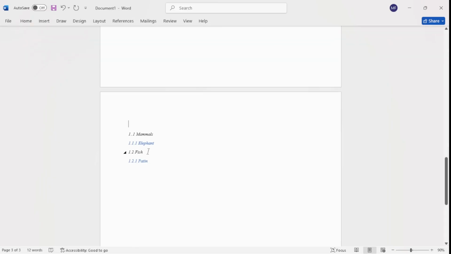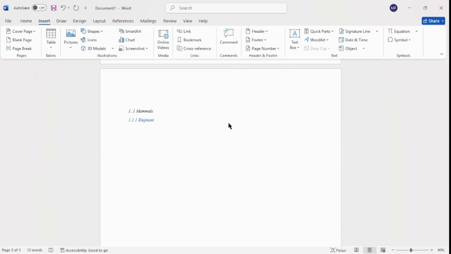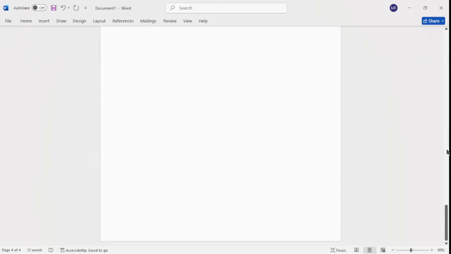When you also want to separate the pages of mammals and fish, you go to Insert and click page break again. Now we have three pages, which are types of animals, mammals, and fish.